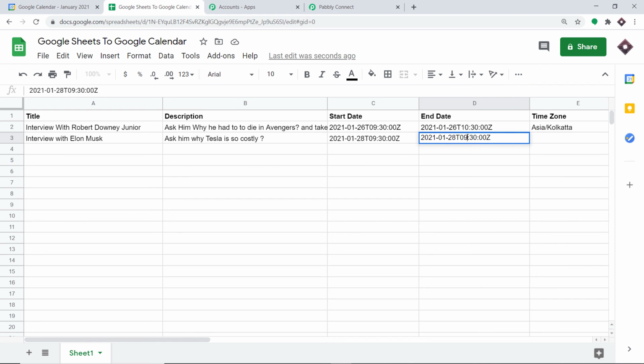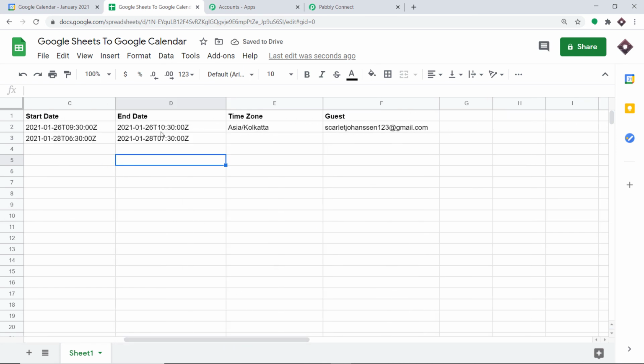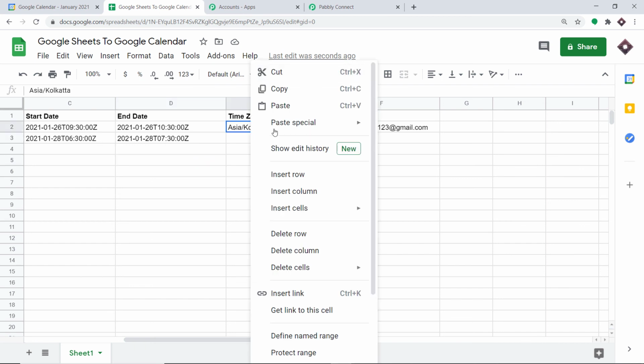This time, how about we make changes in the hours. This is from 6:30, and the end date time is 7, it ends at 7:30. The time zone I'm keeping as Asia Kolkata.